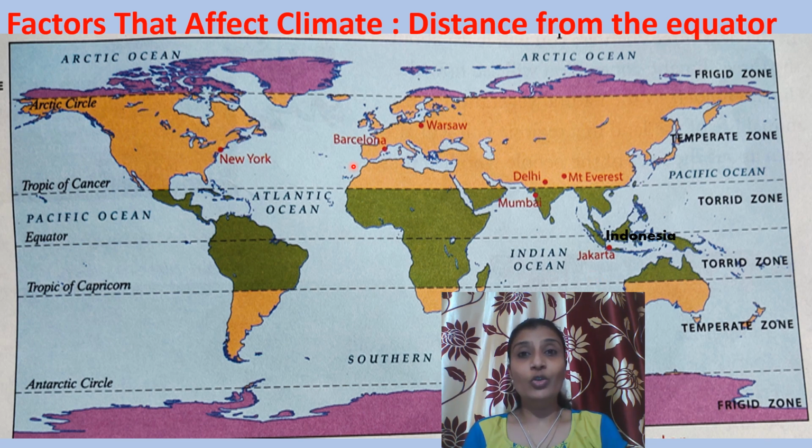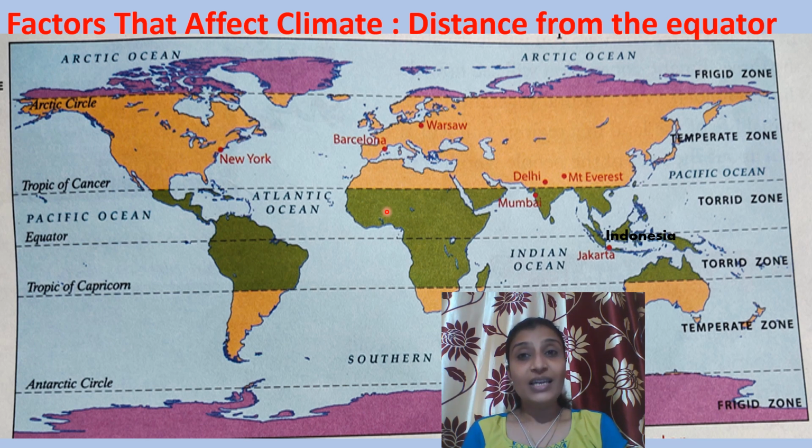Now we will take New York. It is very far from the equator. It lies in the temperate zone. Children, in chapter 9, seasons, we saw that in the month of December, the southern hemisphere is inclined more towards the sun. So it's summer in December in the southern hemisphere, and it's winter in the northern hemisphere because it's inclined away from the sun.